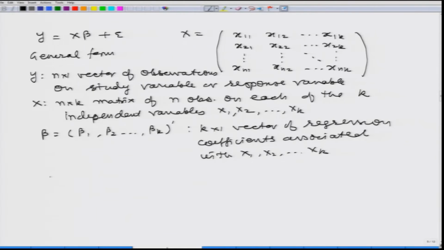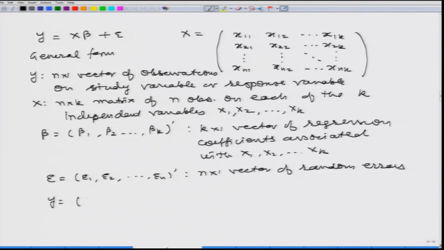Okay. And epsilon here is as usual epsilon 1, epsilon 2, epsilon n, which is an n cross 1 vector of random errors. Okay, for the sake of completeness, I can also write y as y1, y2, yn transpose, right. Now the question is that in case I want to have an intercept in the model,